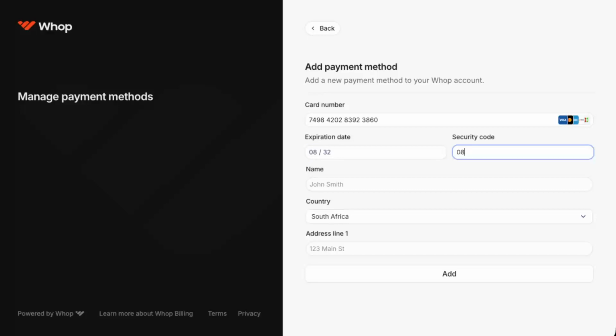Now, click into the name field and enter your full name exactly as it appears on your card. After that, open the country dropdown and select the country where your card is registered. Then, click into the address line and type your billing address. This should match the address your bank or card provider has on file. When everything looks correct, click on Add to save your new payment method. Once it's added, your card will be available